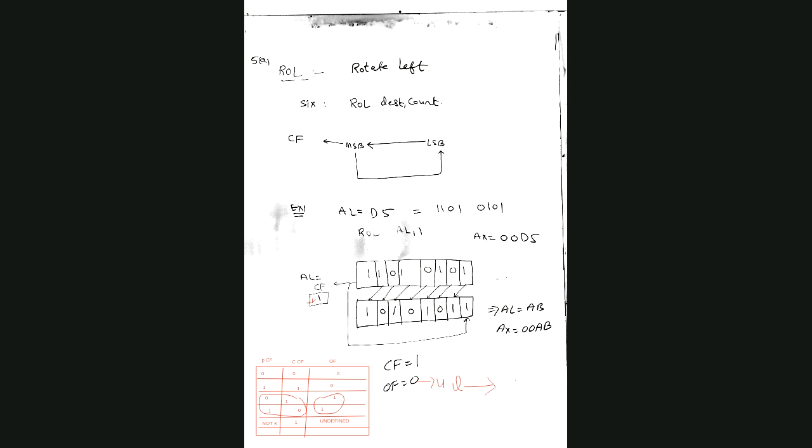If you do addition, 2 plus 5, suppose 2 is 3 bits and 5 is 3 bits, then 2 plus 5 is 7. 7 is also 3 bits, so the result is not lost. Sometimes if you multiply two numbers and the result is lost, the CPU will notify you that there is some loss in the calculation by setting the overflow flag. Overflow 0 means there is no loss of data.